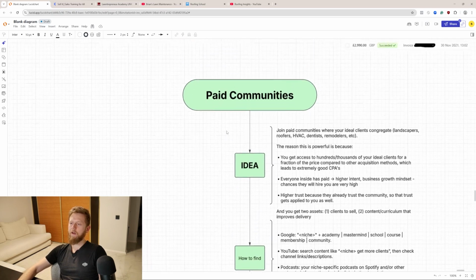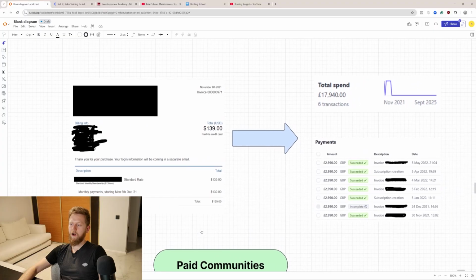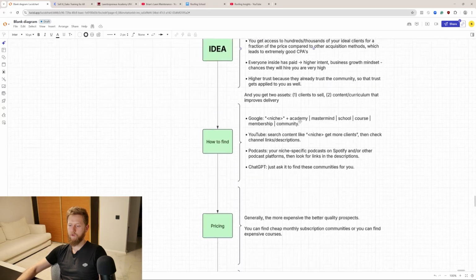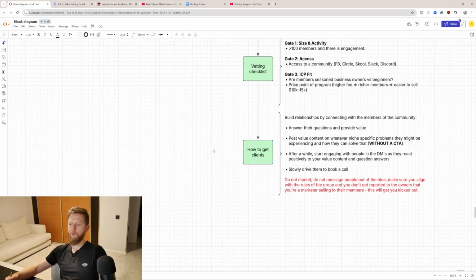That's exactly what I did with this particular client right here. I built a lot of value in the community, and this particular person saw that I'm producing a lot of value. I know my thing, I know what I'm talking about. Then he reached out to me and we scheduled an appointment and got the deal closed. So you want to do a similar thing, build that relationship, and do not market in that community, like I said,